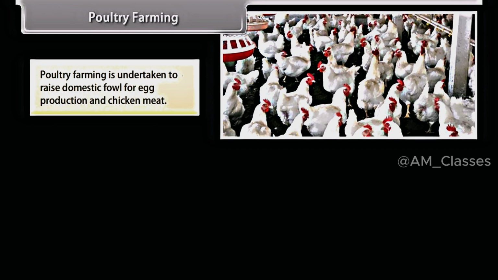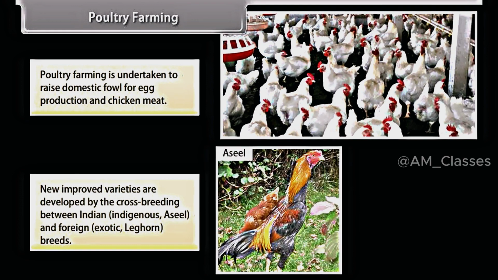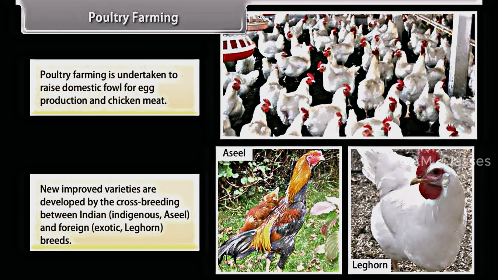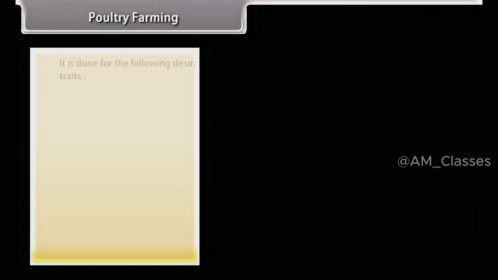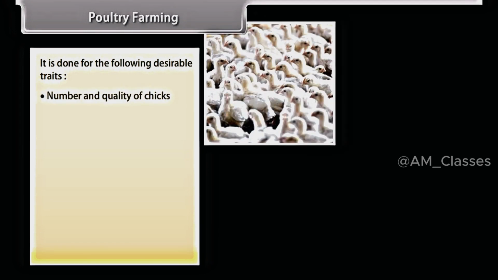Poultry farming. Poultry farming is undertaken to raise domestic fowl for egg production and chicken meat. New improved varieties are developed by the crossbreeding between Indian indigenous Asil and foreign exotic Leghorn breeds. It is done for the following desirable traits: number and quality of chicks, dwarf broiler parent for commercial chick production,